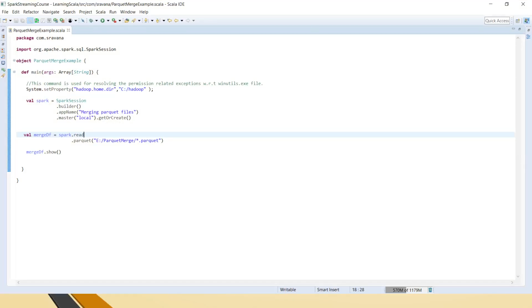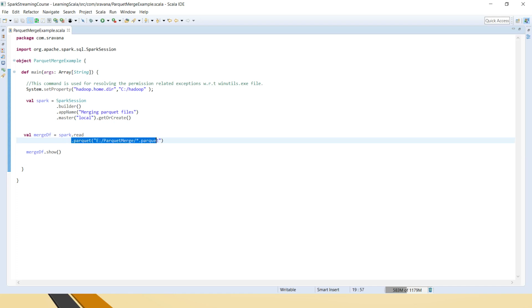So friends, this is the simple Scala code that I have written. I have created a Scala object, defined the main method, and I have set this property so that the winutils.exe exception will not be there, and created the Spark session, and I am creating a data frame. From this folder I am reading all the Parquet files.